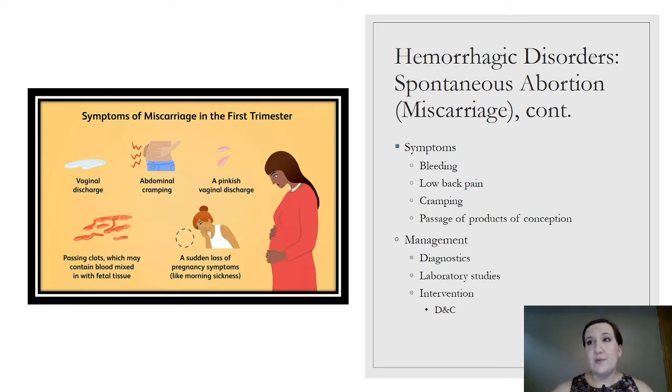However, with that being said, occasionally these women will come in with heavy bleeding that's been going on for a prolonged period of time. We check a hemoglobin and we see that they're anemic. Their hemoglobin is 7, 6. They've had ongoing abdominal cramping. We might have some elevated white blood cell count, and those three things together are going to give us a concern that we have retained products of conception.